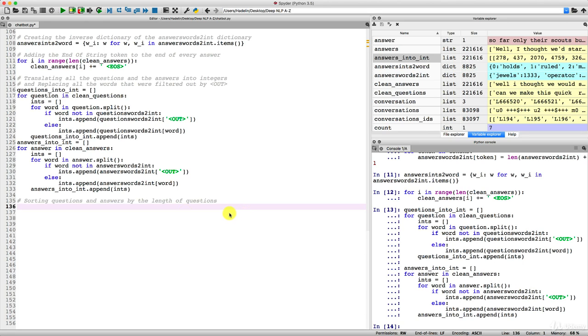All right, so let's do this. Let's sort these questions and answers. So we will have to make some new lists because we cannot change the order in an existing list. This is not possible in Python. We have to make a new list. Or we could override the previous list, but it's dangerous to do that, so we'll make a new list. And we'll actually make two new lists.